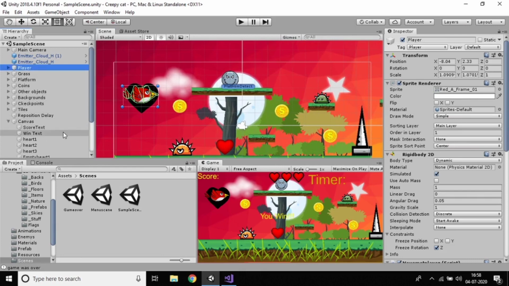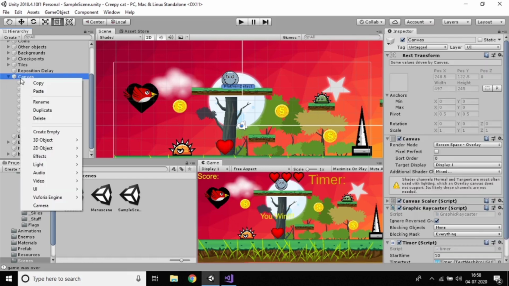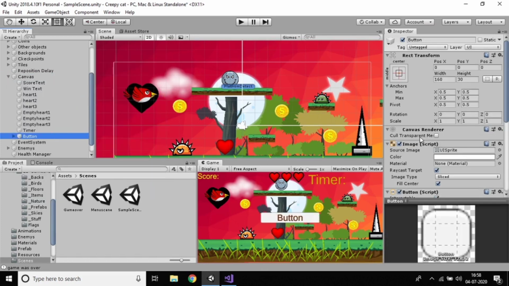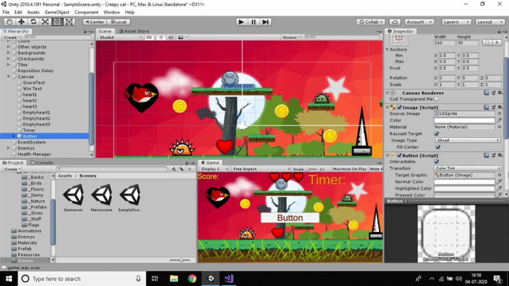So just go to the canvas, and you can find a lot of things there. In that canvas, just right click and create a UI. You can create a TextMeshPro button, and you can see the TextMeshPro button was created. I think you are able to see it in the output also.